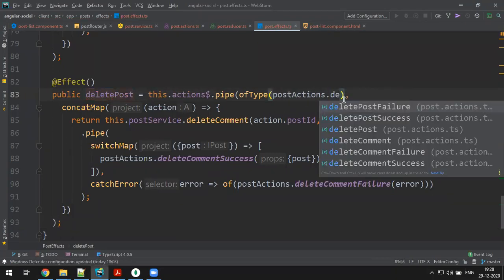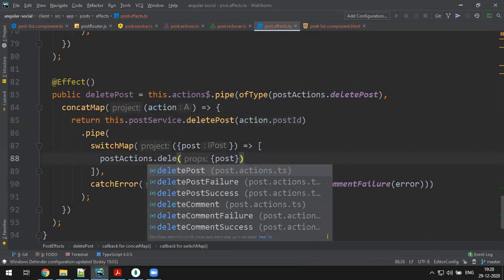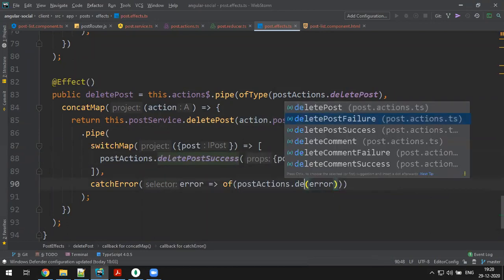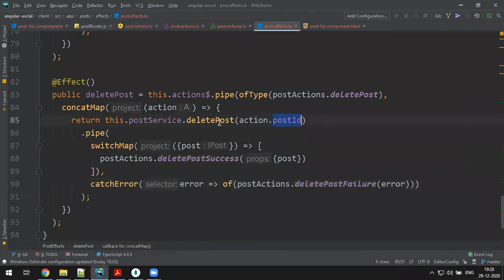This is delete post. You have to provide the post ID over there. Delete post success, you get the post. Delete post failure, you get the error. That's it.